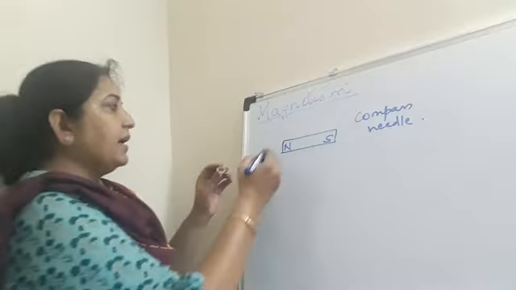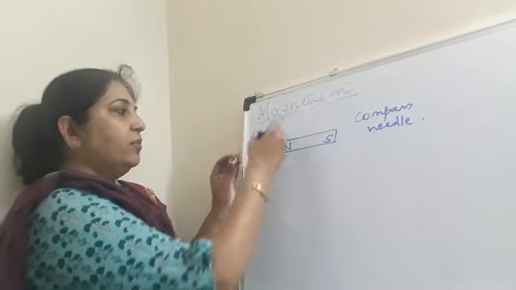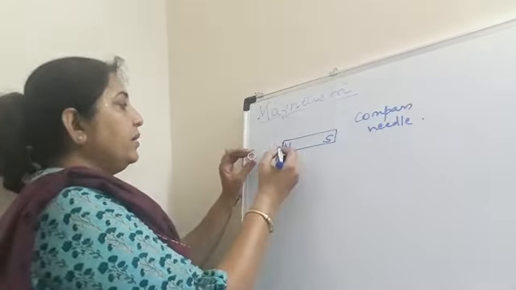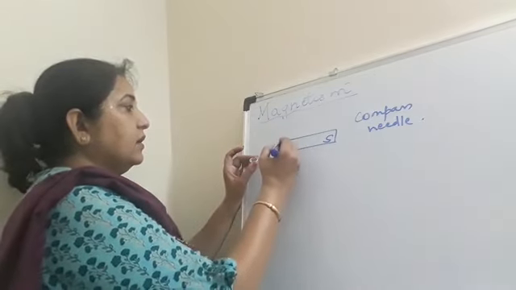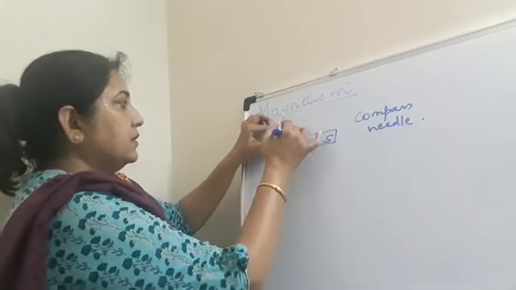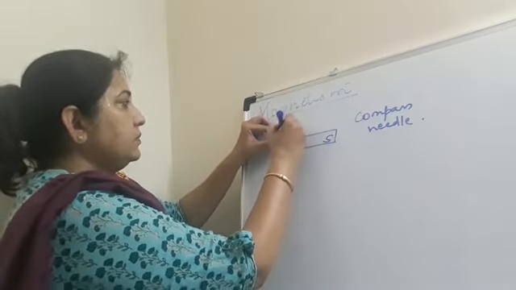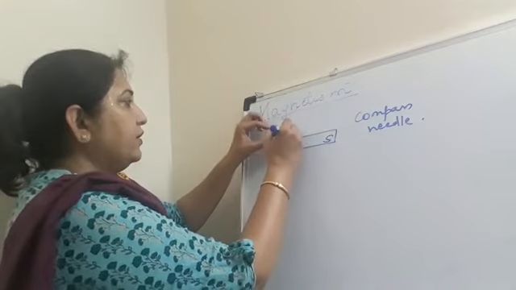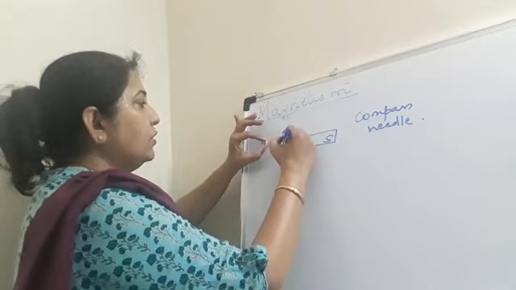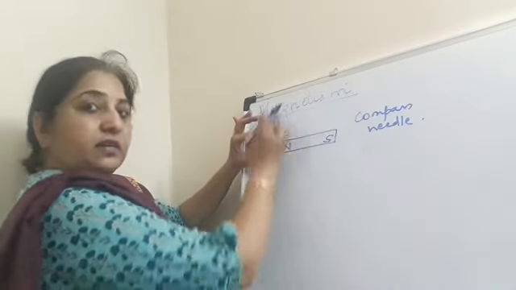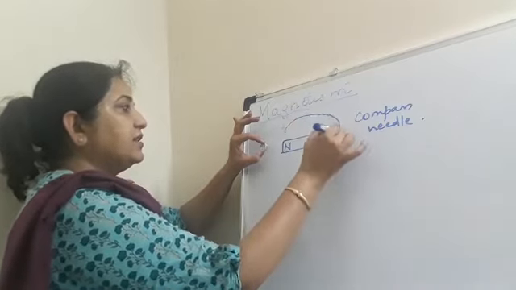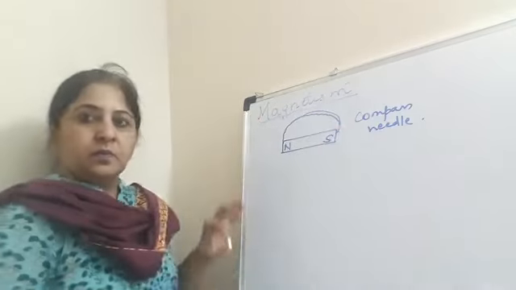Now if you keep a magnetic needle, we can understand how the formation of the magnetic lines of force actually takes place. If you keep a magnetic needle near this, you will see that the pointer is pointing here. Then when you keep it at this point, it will point here. If you keep on moving the compass needle near the magnet and join these points, you will find this kind of pattern being formed, right?